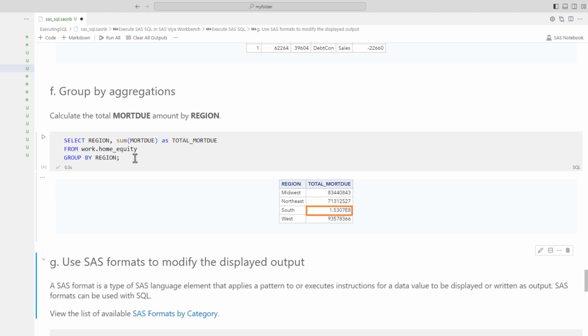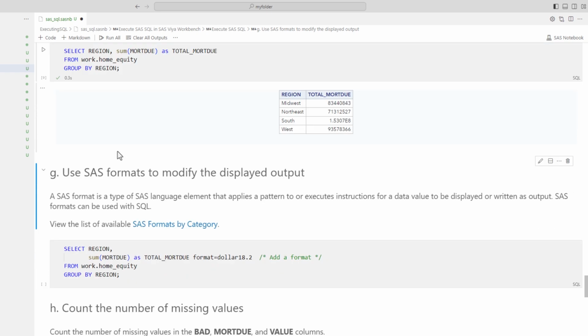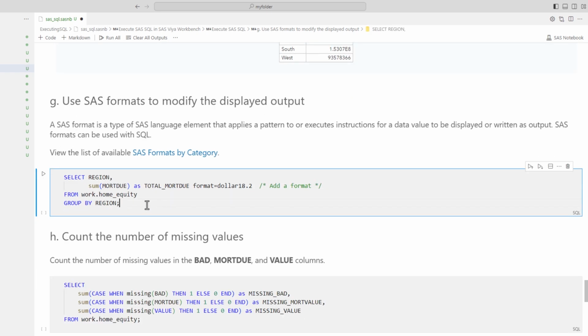What if we want to display the entire aggregated value as currency? SAS provides a wide array of formats you can use to display values in the output. To use a format, simply add the format equals option to the column in the select clause and specify the SAS format. In this example, I'll add the $18.2 format.